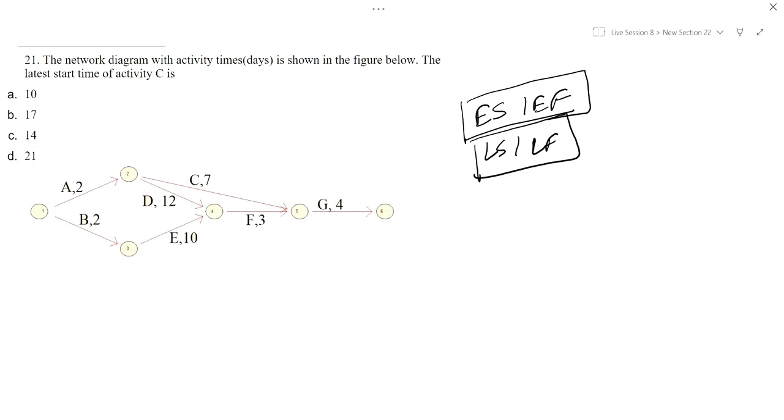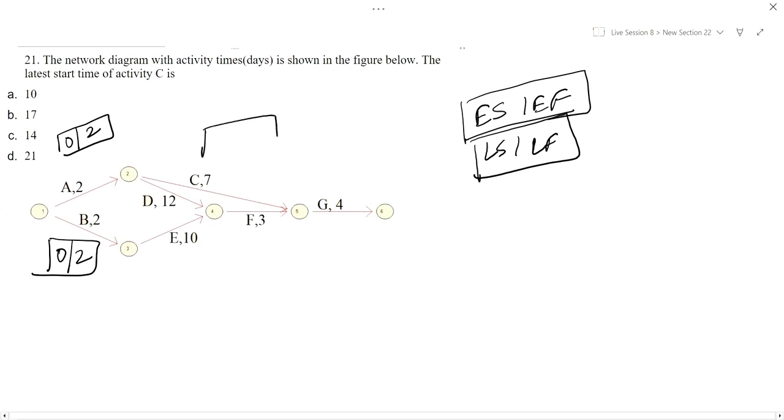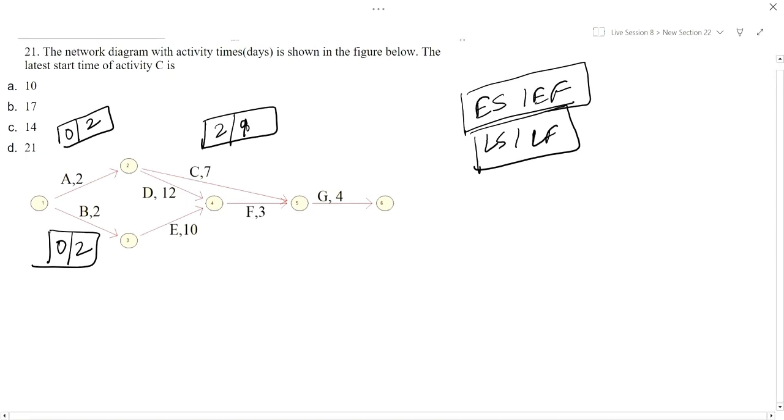For the activity A, the early start time is 0 and early finish time is 2. Okay. For activity B, the early start is again 0 and early finish is 2. Since it is only one activity to this node, the start time and end time are as per the duration. Next for activity C, the early start time is 2 and the early finish time is 2 plus 7, which is 9. Now for activity D,